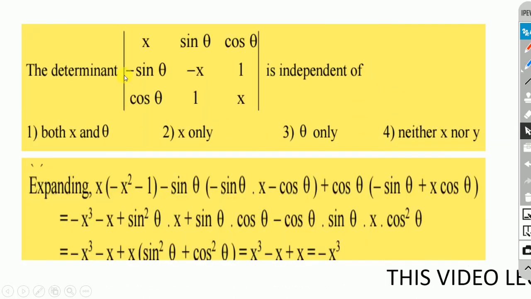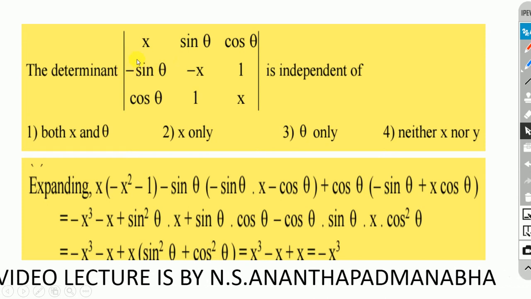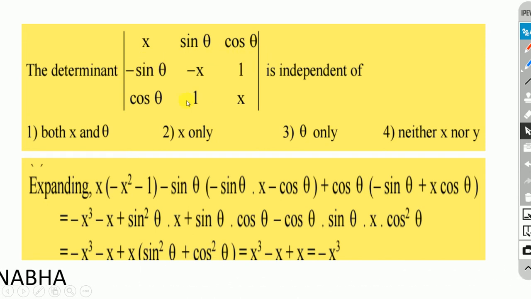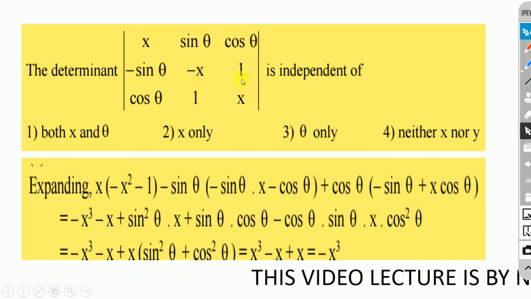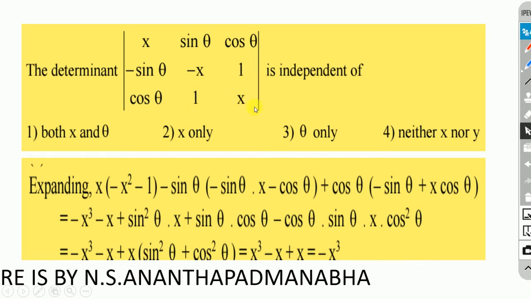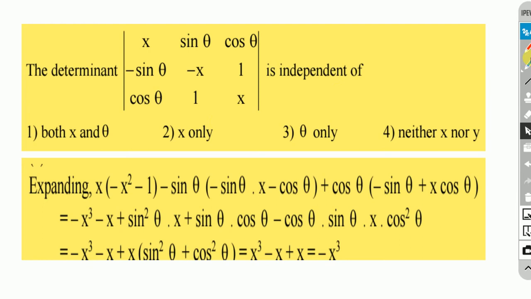Next question: the determinant of x, sin theta, cos theta; minus sin theta, minus x, 1; cos theta, 1, x is independent of: both x and theta, x only, theta only, or neither x nor theta. See here, a determinant of 3 cross 3 is given. The question is, we have to find whether it is independent of x or theta. So expanding, we get